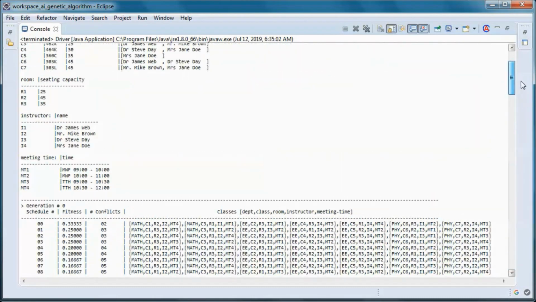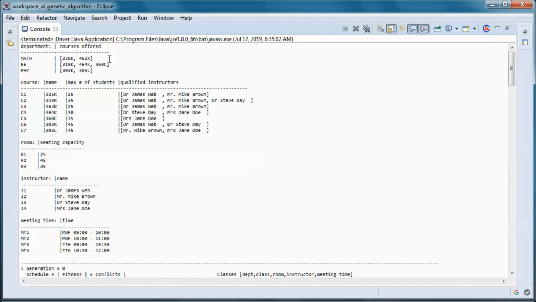Now the simple test data used here had 3 departments, a math, an electrical engineering, and a physics department, and the math one had 2 courses, the electrical engineering 3 courses, and the physics 2 courses. So we have 7 courses in the system, and those are the instructors that are qualified to teach this course, and this is the maximum number of students.